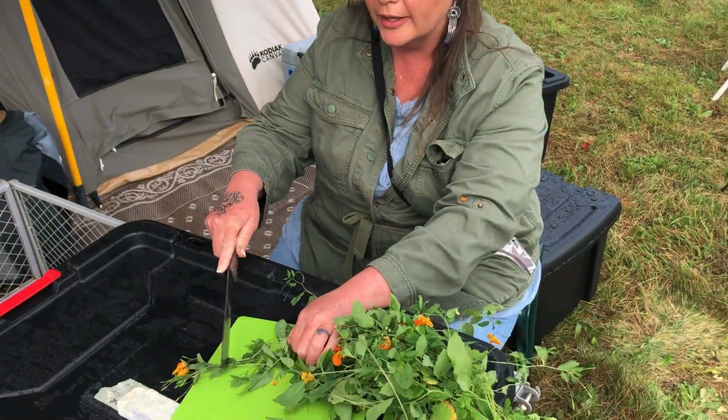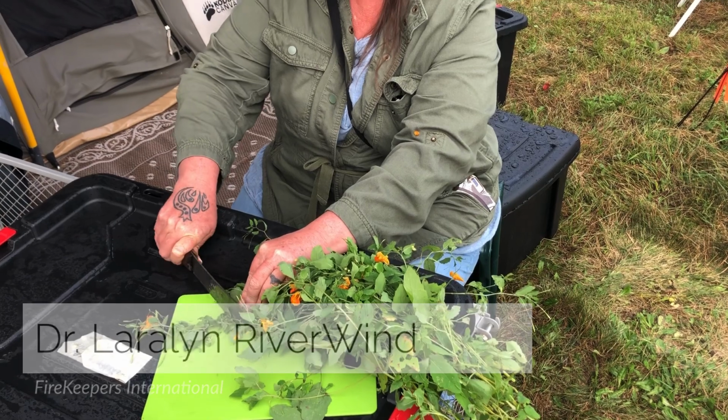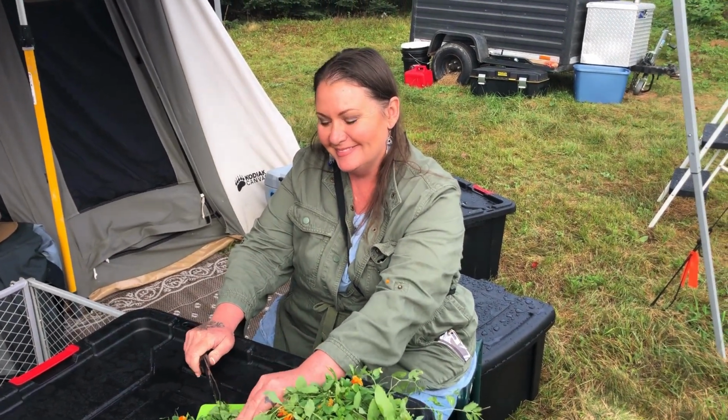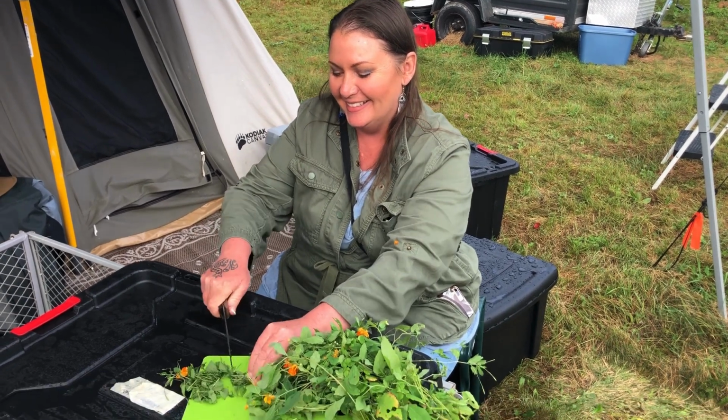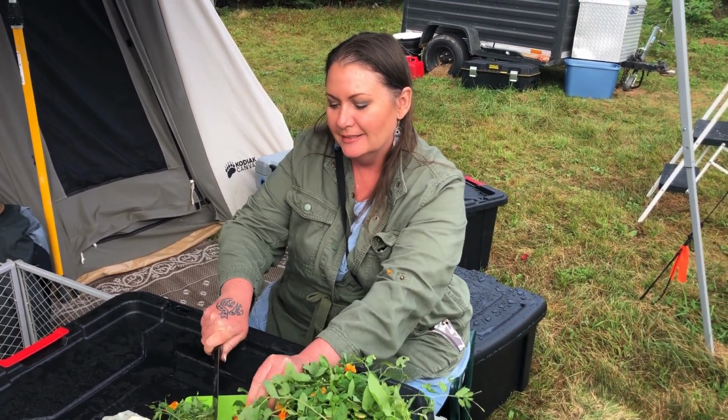What do you got there? The aerial part. Of what? What is that? We don't know what that is. This is impatiens. This is Impatiens capensis, actually,